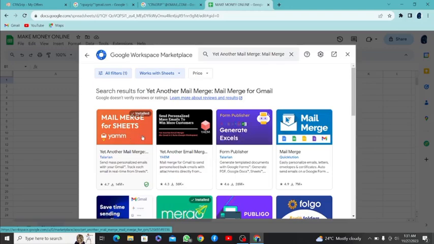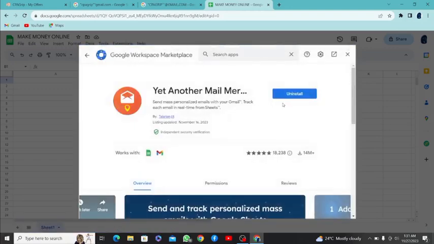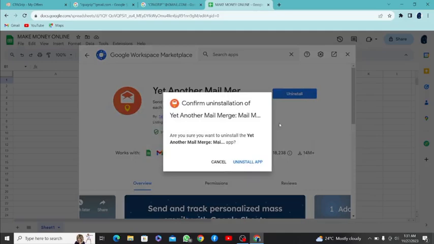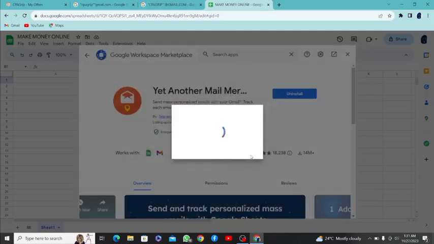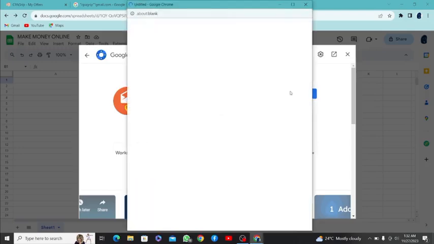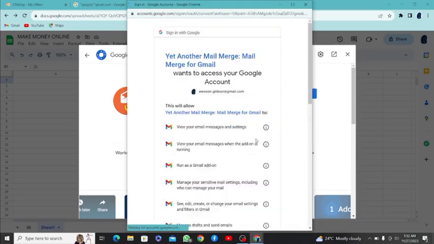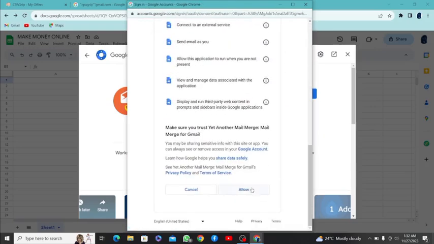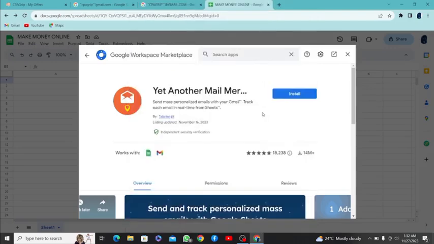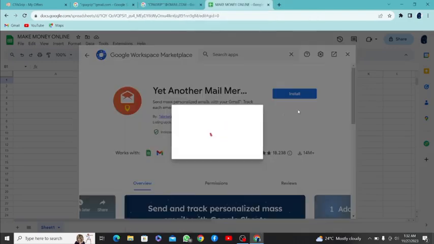Once you open this one, you can also see it says uninstall. That is, I've installed it already on my Chrome. Let me uninstall it so we can show you everything at once, so you don't get lost along the way. Right, let me install it so you can see. Now see what it's telling us. It wants to go with your email. I say yes, and I'm going to scroll down to the last button, and I'll click on allow. Once it's allowed, it's instantly downloading without wasting time.